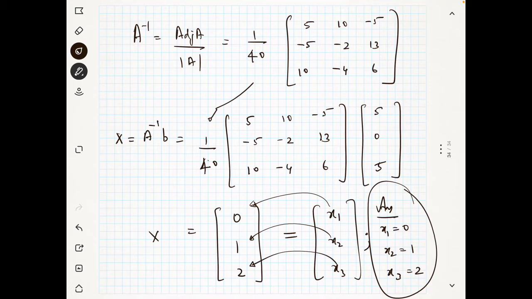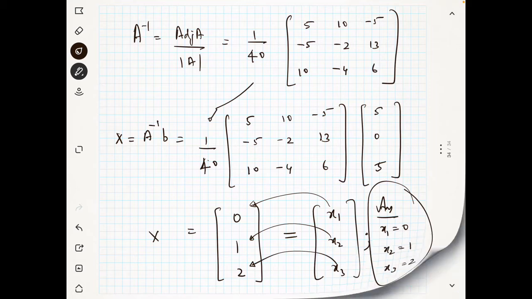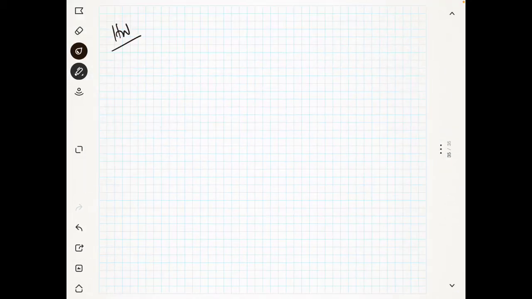So you have to practice more problems. There are other methods also for solving. So I will give you a homework. You can practice it in your home. You have the matrix A. You have a system of linear equations. Solve